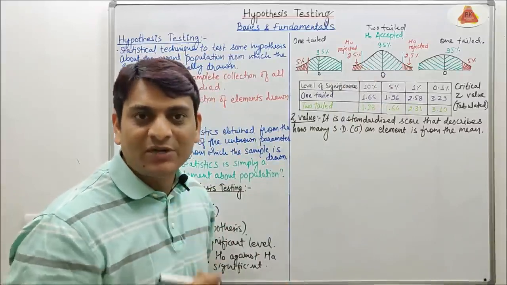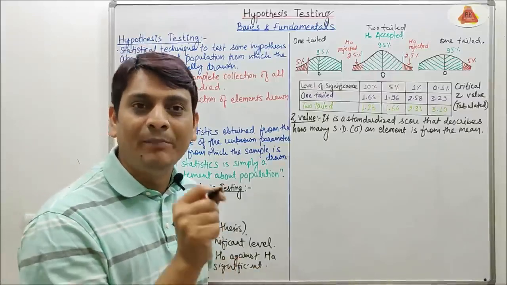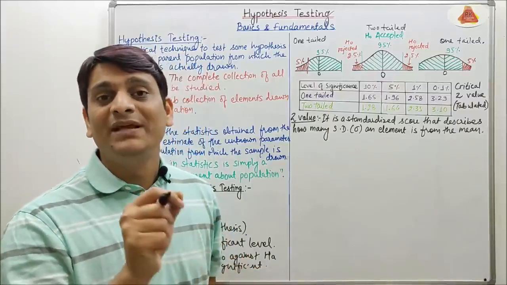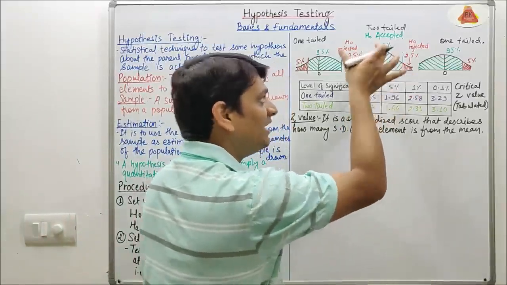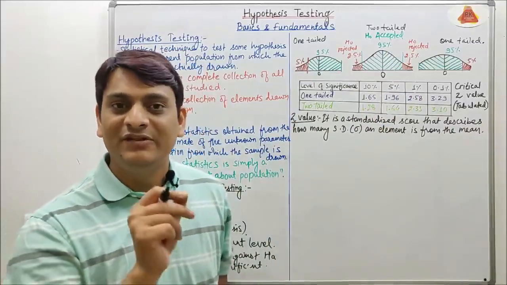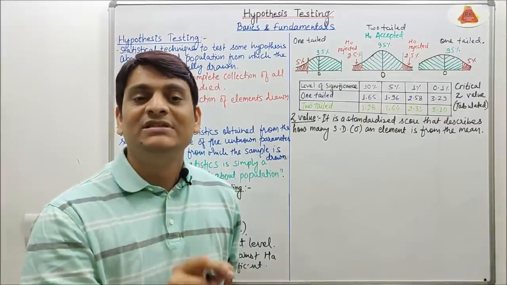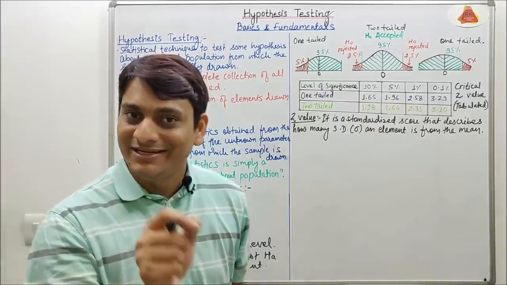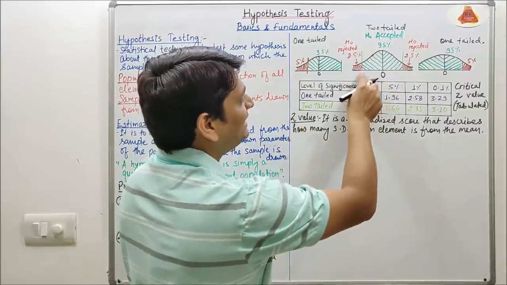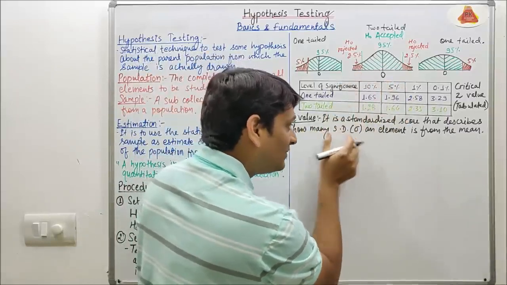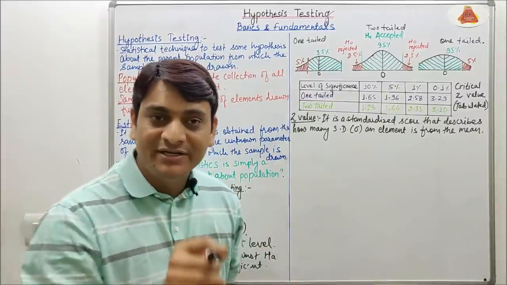1.96. It means if we are performing any two-tailed test, then our calculated Z value should be between minus 1.96 and plus 1.96. If the value comes within this range, the null hypothesis will be passed and accepted. In other cases, the null hypothesis will fail and be rejected. So ultimately we can say that at a 5% level of significance, it is 1.96 times the standard deviation.